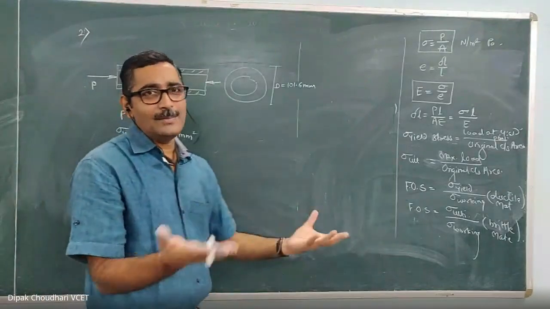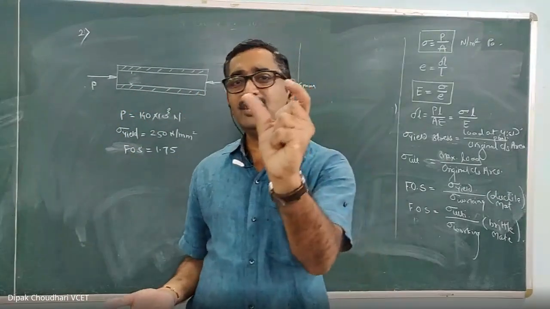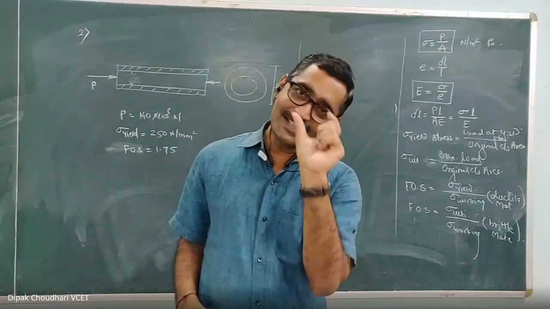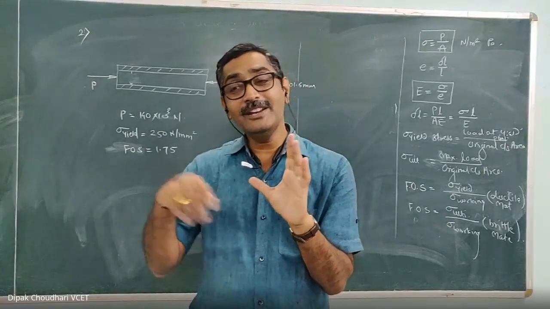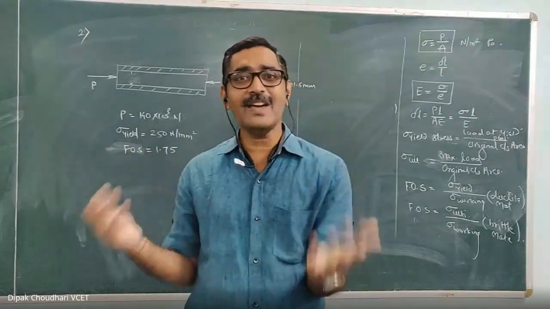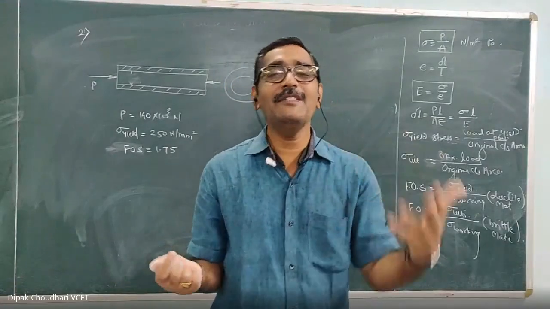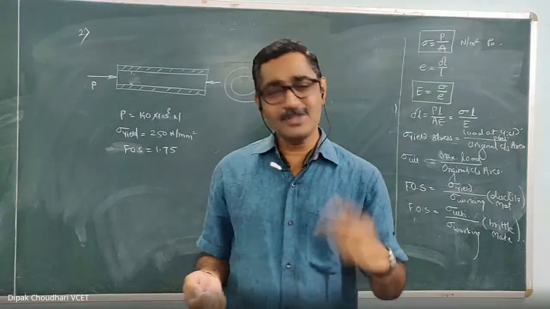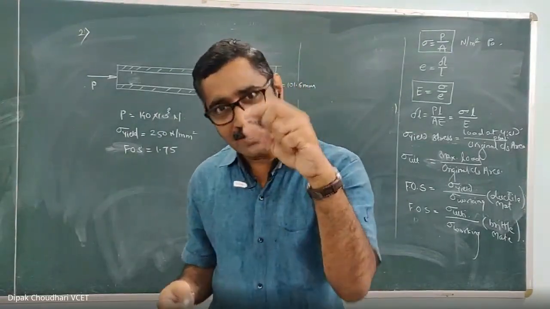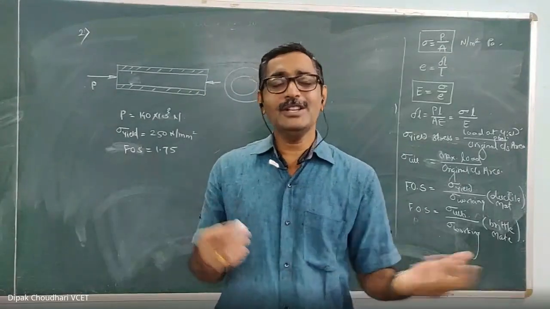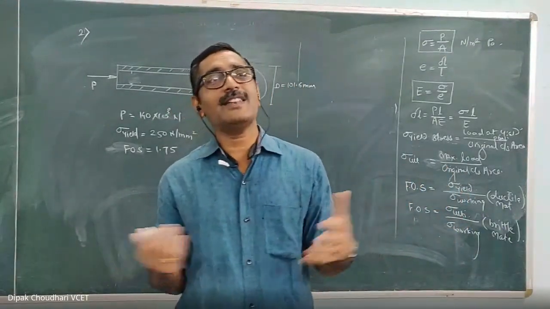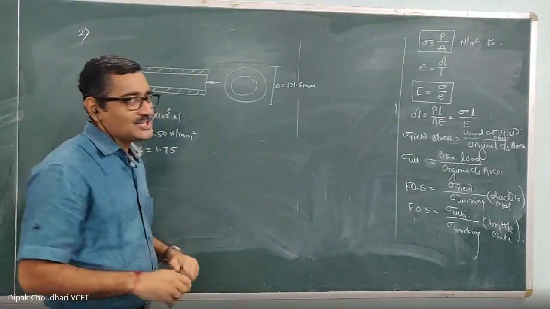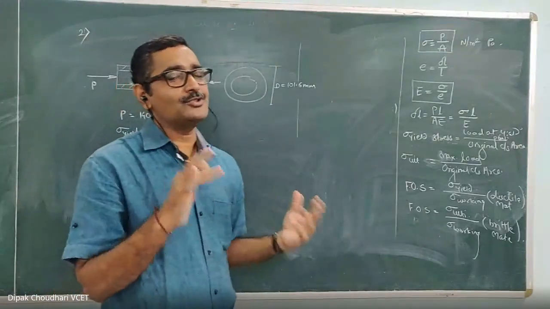Like in the local market, if you ask for 1 inch pipe, you will get different classes of 1 inch pipe. Its external diameter remains 1 inch, but the internal diameter varies, meaning thickness varies. Some are light, some are heavy. For heavy material, the thickness will be more, meaning cross-sectional area will be more. For the lightweight, the thickness is less. In the local market they refer to it as class A, class B, class C. So for this particular application, you have to recommend which tube you are going to use.